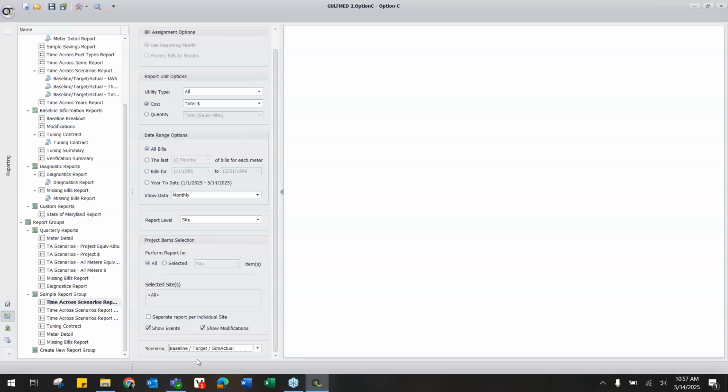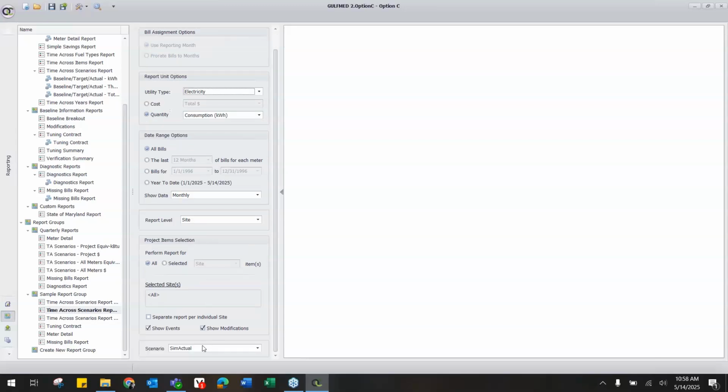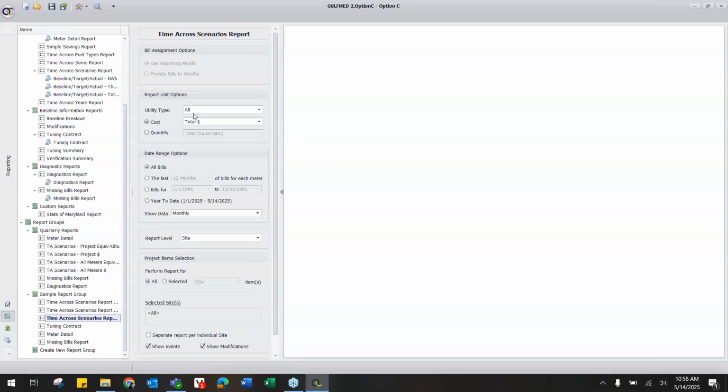There's no run report option here because this is just one of multiple reports that are going to go in this batch. Clicking on the next one, I could do the same thing. Let's say I want to run this for electricity, kilowatt hours, and again, this is going to be just for all bills, and I'll do baseline target, actual, and so forth. Once you've customized everything to your satisfaction, then you can go ahead and